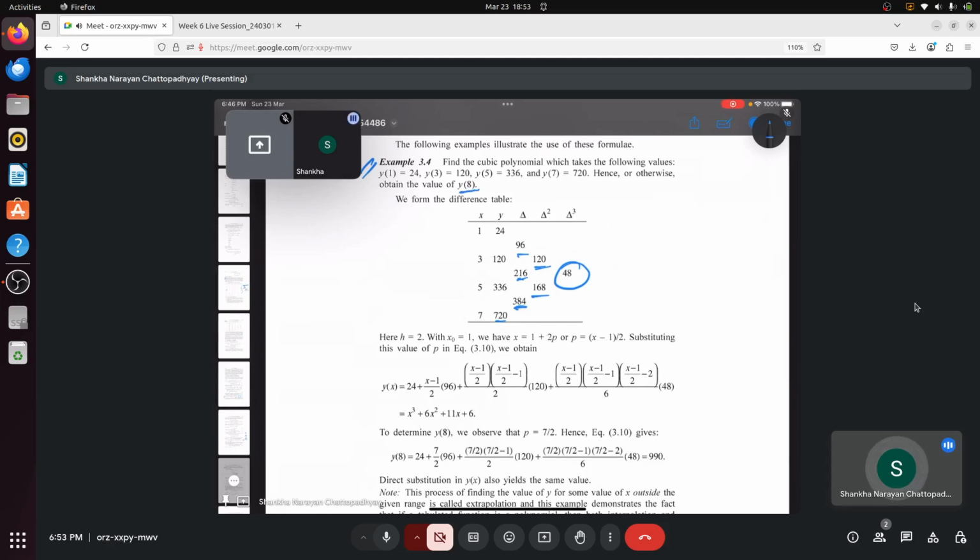So this is called extrapolation, because you see your 8 lies outside the